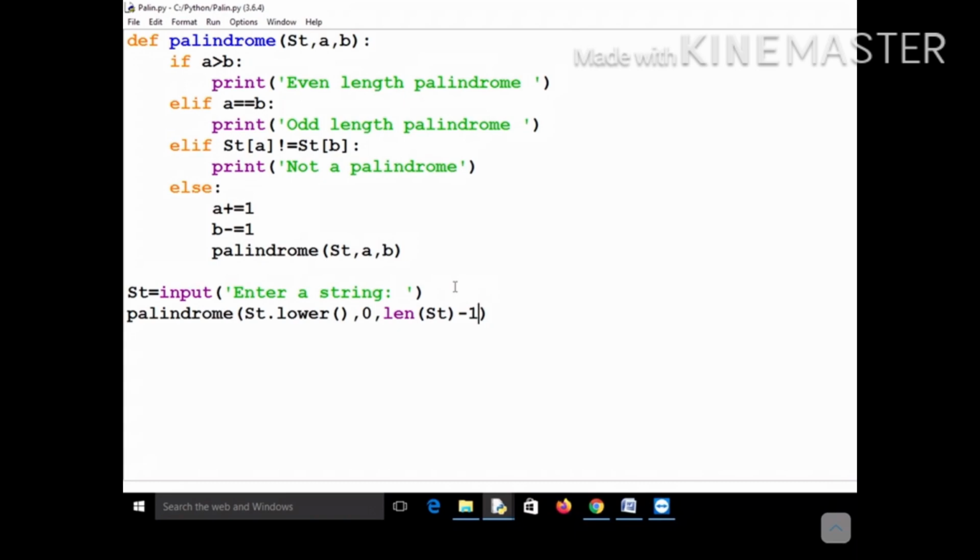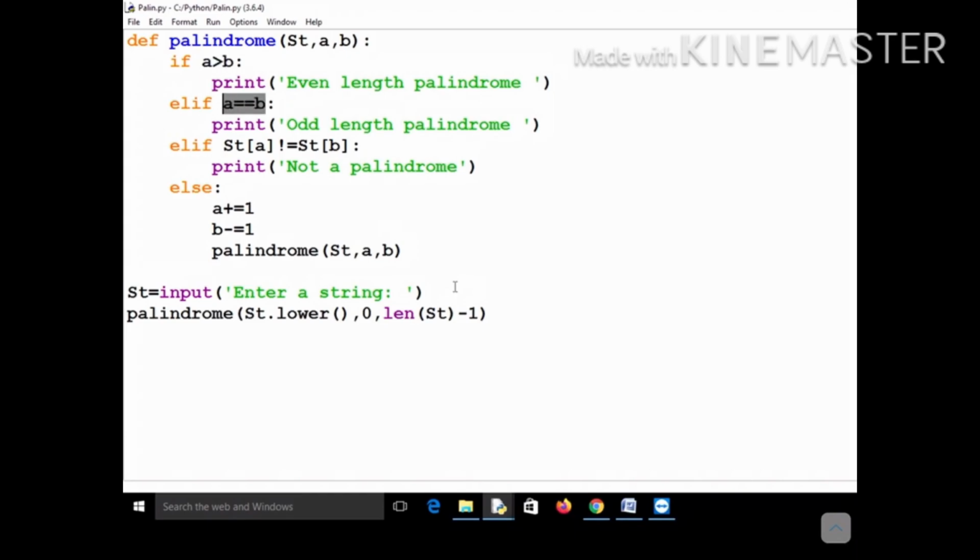And I hope you got the concept that in the case of an even length palindrome, in all cases you will keep incrementing A, keep decrementing B, and keep checking if STA and STB are the same or not. At any point, if the value of A becomes greater than B, that means it is definitely an even length palindrome, as you saw.